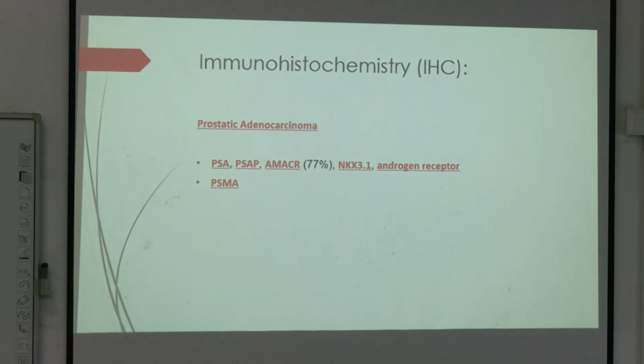And for prostatic adenocarcinoma, just for your knowledge, remember that if you stain for PSA or AMACR, then you can diagnose a prostatic adenocarcinoma. Here you will not get the basal stain because the basal lining is absent in prostatic adenocarcinomas. Just for your MCQ purpose, you can remember one or two stains which are positive.